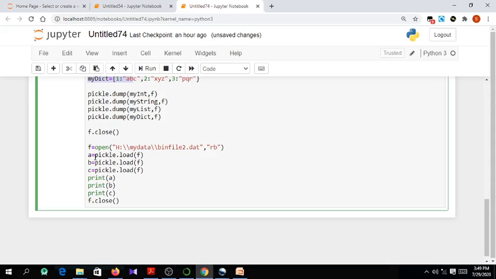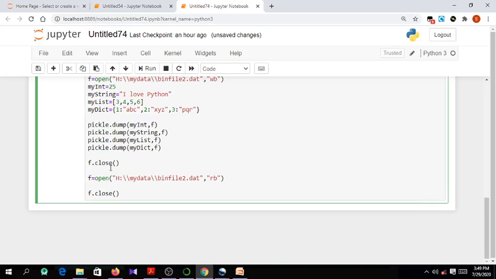What I am trying to say is, instead of loading the file again and again, suppose now I need to read 4 objects, so I need to write pickle.load one more time. So why do this? Why not use a loop to read the data? Suppose there are 100 objects, we cannot write pickle.load 100 times. We cannot write the same line again and again. We always have loops to help in that regard. That is what I am going to do.